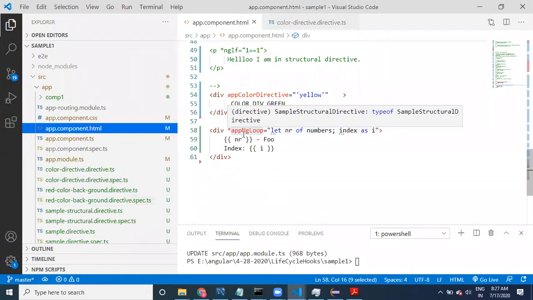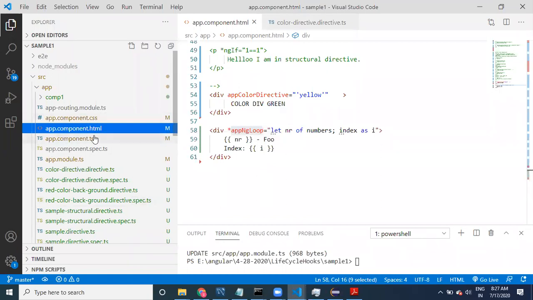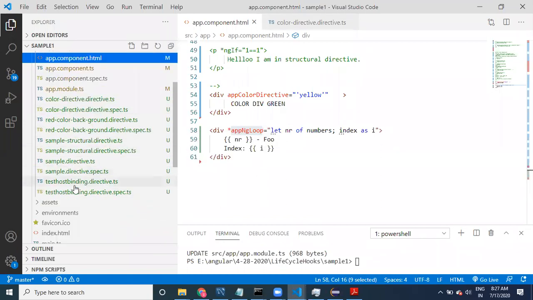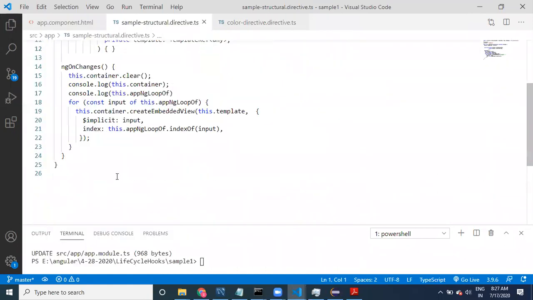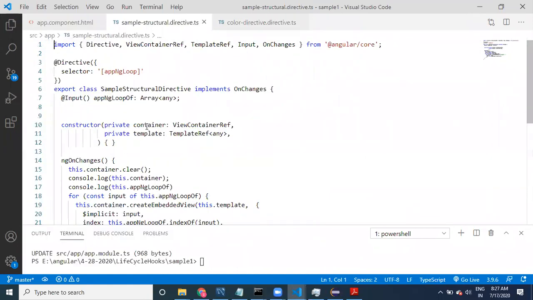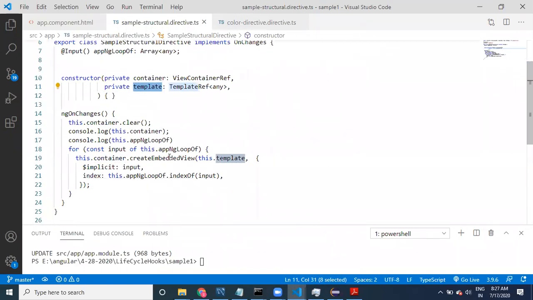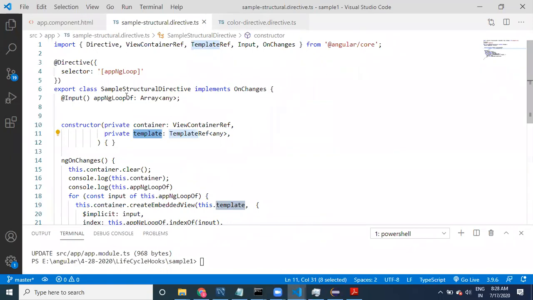Where is that? App loop of, sample structural directive. See here, what is the property name I have taken? If I don't provide of, this is going to give you an error.